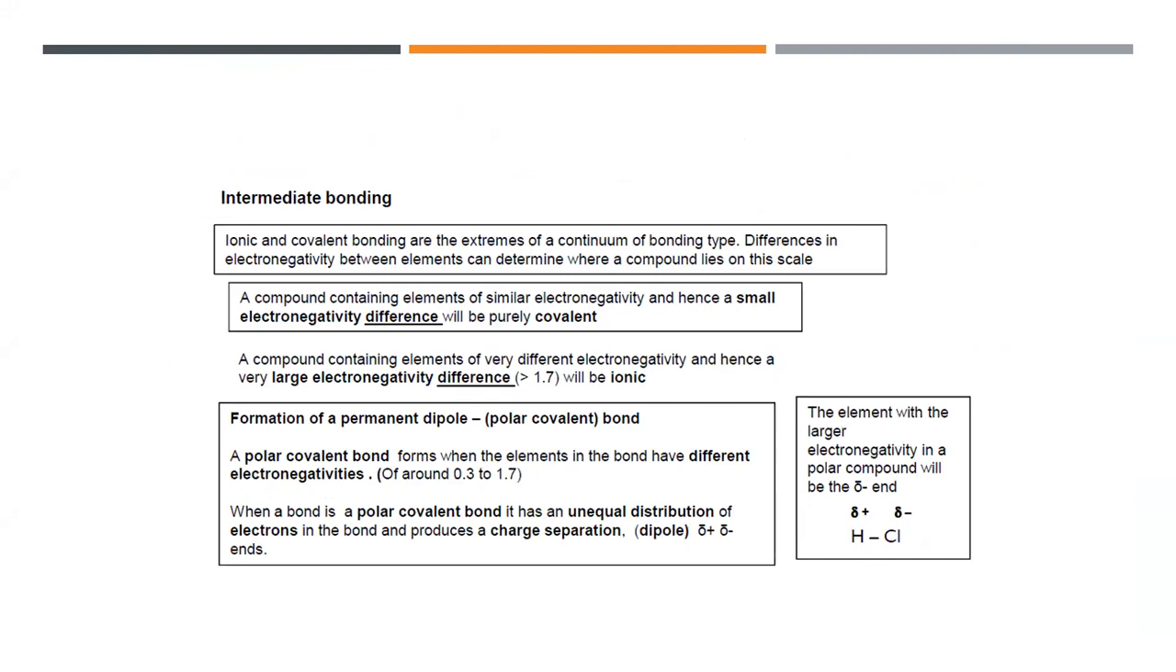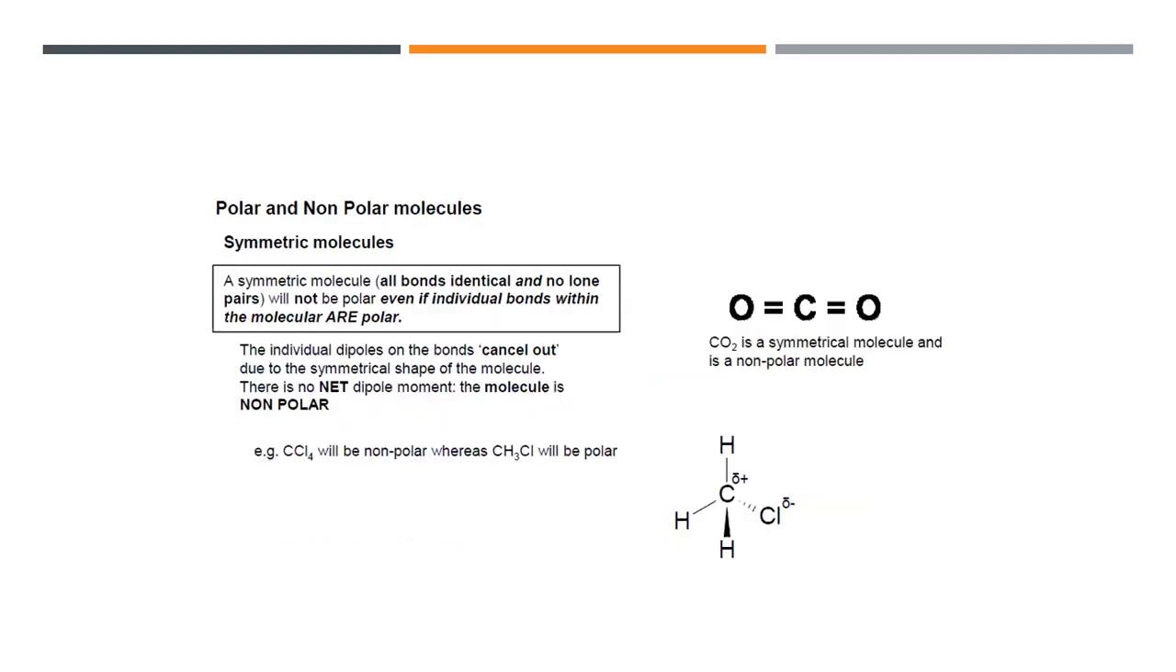If the electronegativity difference is more than 1.7, then the bond will be ionic. If it is less than or equal to 1.7, the bond will be covalent. And a covalent bond can be polar or non-polar: from 0.3 to 1.7 it will be a polar bond, while a difference of 0.2 or 0.1 will be non-polar. When bonds are polar, sometimes the molecule might be polar and might be non-polar, depending on the geometry